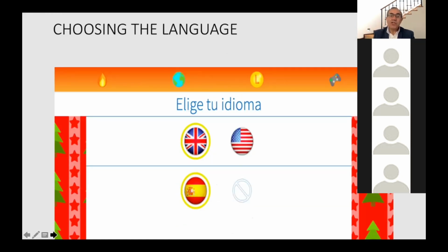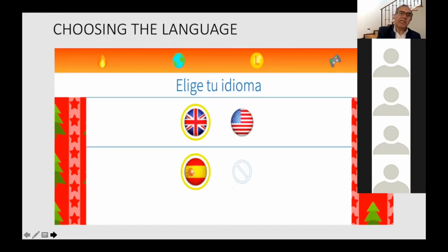Okay, so you can choose between American English or British English. You can decide as a teacher, you can tell them, now click on the British flag, now click on the American flag. It has this feature for instructions, especially when you need help, it can translate the instructions. I do not suggest using it frequently. Let the students discover and find that out.